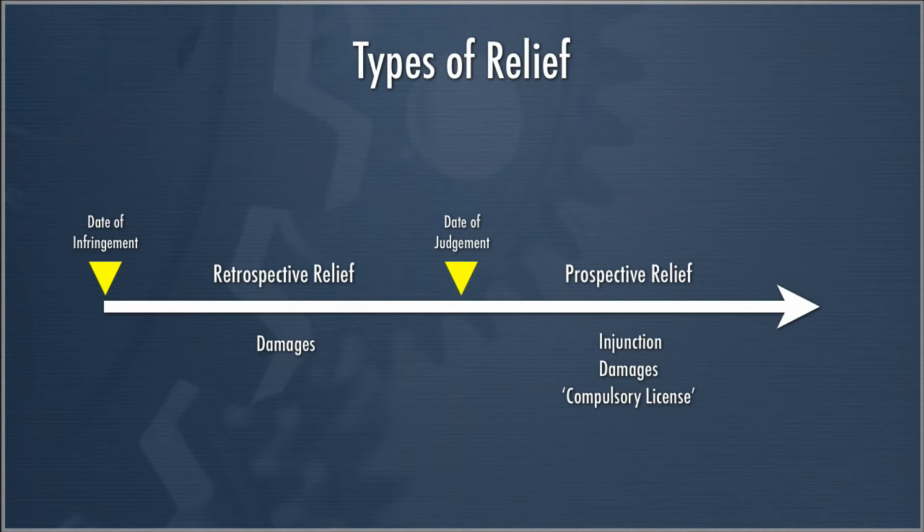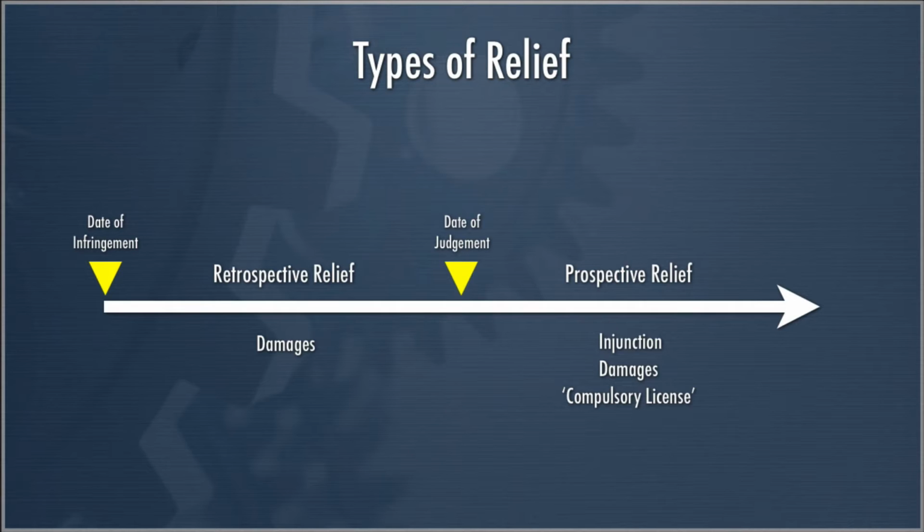Now going forward, prospective relief is where there are some choices. There's the possibility of injunctive relief, which we're going to talk about in this class. There's a possibility of damages, which we're going to talk about in the next class. And there's this other possibility, which is sort of a combination here. It's more like damages, but it's a